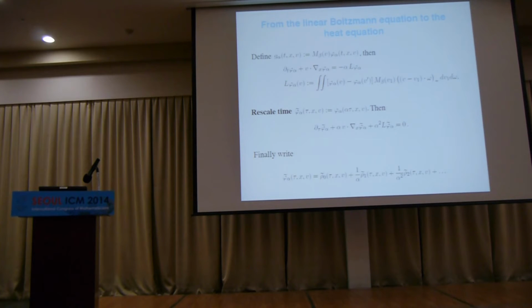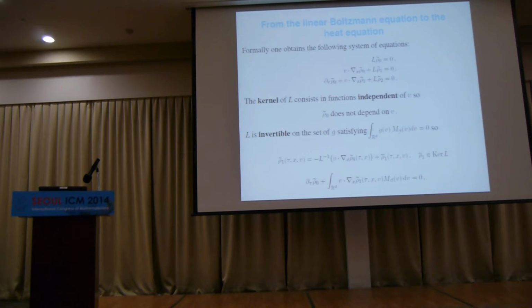I want phi to look like the solution to the heat equation. So I'll say phi is something which does not depend on alpha, plus 1 over alpha something, plus 1 over alpha squared something, and so on. Just formal. Let's see what happens. What I hope is that rho 0 here satisfies the heat equation. So formally, just take this and plug it into the first equation and cancel out all the higher order terms. The highest will be alpha squared L rho 0, and this should be 0. Next will be v gradient rho 0 plus alpha L rho 1, and so on. So you get this.